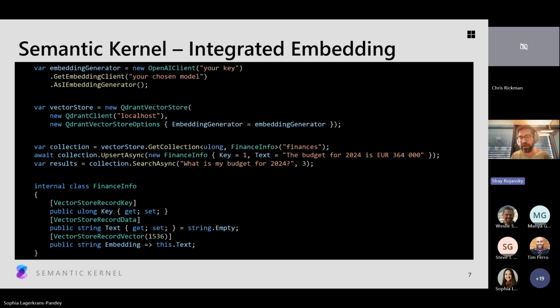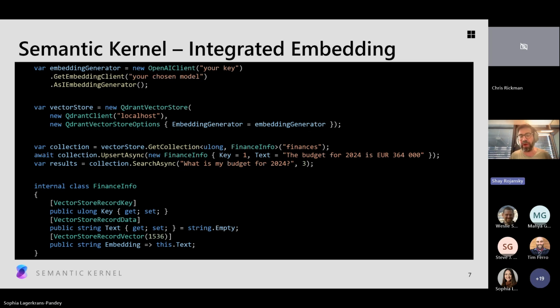Up to now, you had to have a ReadOnlyMemory of float, which is the raw representation for an embedding. It's basically an array of floats, right? You had to have a property like that on your .NET type, which you're mapping to the database. And then it was up to you to, for example, use OpenAI or any other embedding generator to take a text, generate embeddings out of it, get out the array of floats, and then assign that to your .NET type, and then at that point you can upsert it, and so on.